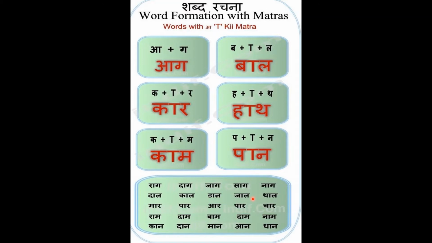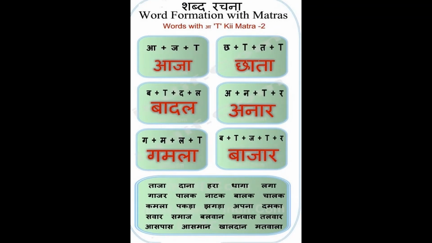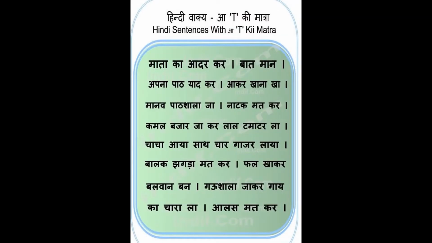Actually, traditionally what they will do is kaka, kiki, kuku, kru, ke, kai, ko, kau, kam, kaha, barakhadi. They will teach after the varnamala. So this is your आ की मात्रा वाले words. These words you have to learn. First practice reading these आ की मात्रा वाले words. It is not only for children. In that manner also you can do, or in this method also you can do. You can learn with आ की मात्रा and amatric words.